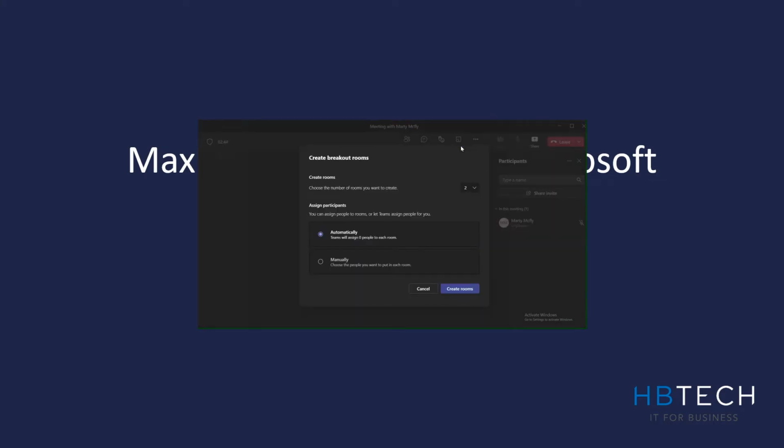So next thing is meeting rooms. These are a good way to create breakout rooms, which you can create either manually or automatically. You can set the number of rooms you want. By default, you're limited to 50 rooms. So if we split these up into 2 rooms, for example,